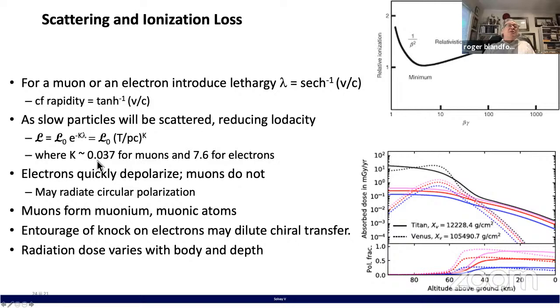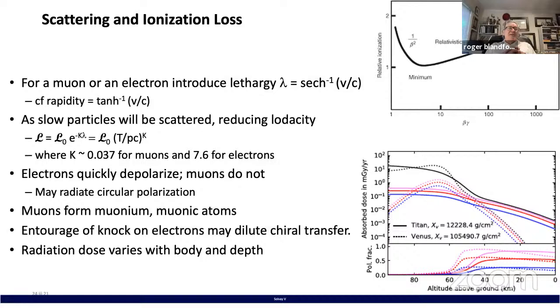And the coefficient here is a very small number for muons. In something like water, for example, it varies a little bit, so not a lot. It's a very small number for muons, a very large number for electrons. So this is a rather convoluted formal way of saying that when a muon encounters the fount, it will retain its lodacity. When an electron encounters the fount, it will lose it very fast.